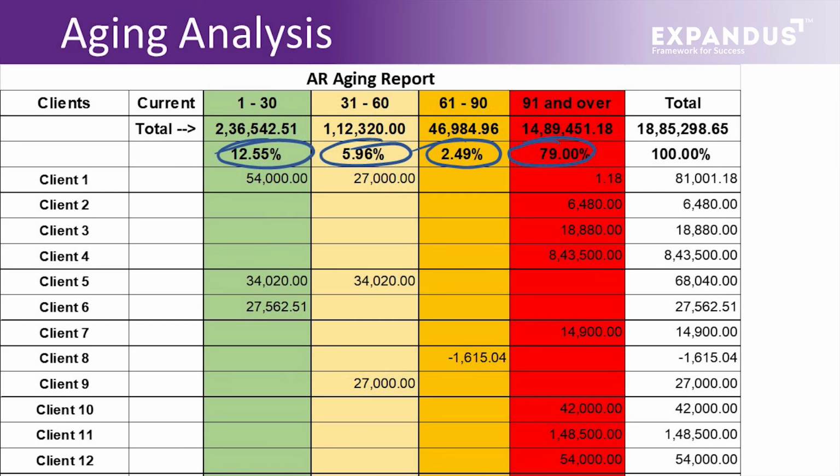Percentage in each slab actually indicates the efficiency of your collection process. Obviously, if a high percentage of receivables is in the lower aging slab, that is in 30 days or less, then it means your collection is efficient. On the other hand, if you have a high percentage in higher aging slabs of, let's say, 60, 90, 120 days or more, then that's the reason to worry. You must take corrective actions to bring the percentage down in the higher aging slabs. Remember, the goal is to reduce the percentage in higher aging slabs and increase the lower aging slab.